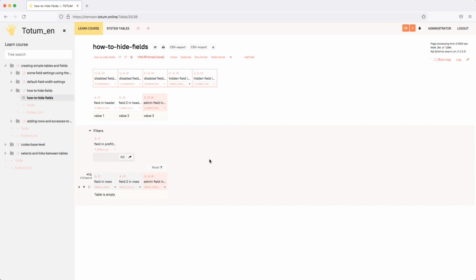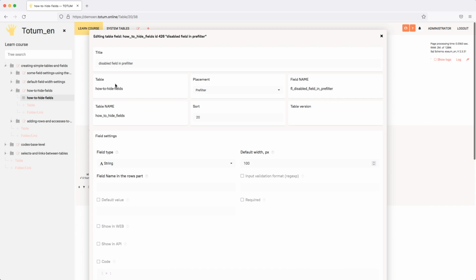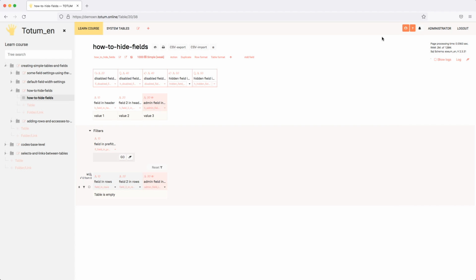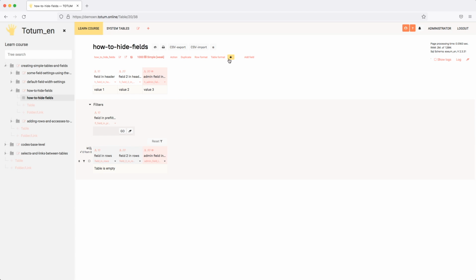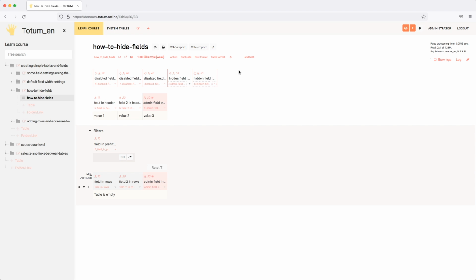Hidden fields. If you have switched off the Show in Web option, the field will be moved to a special part of the table. This block of hidden fields can be collapsed. This button controls this. If they are collapsed, it will be highlighted in yellow. And here we see all hidden fields, not only those with Show in Web disabled, but also those disabled through